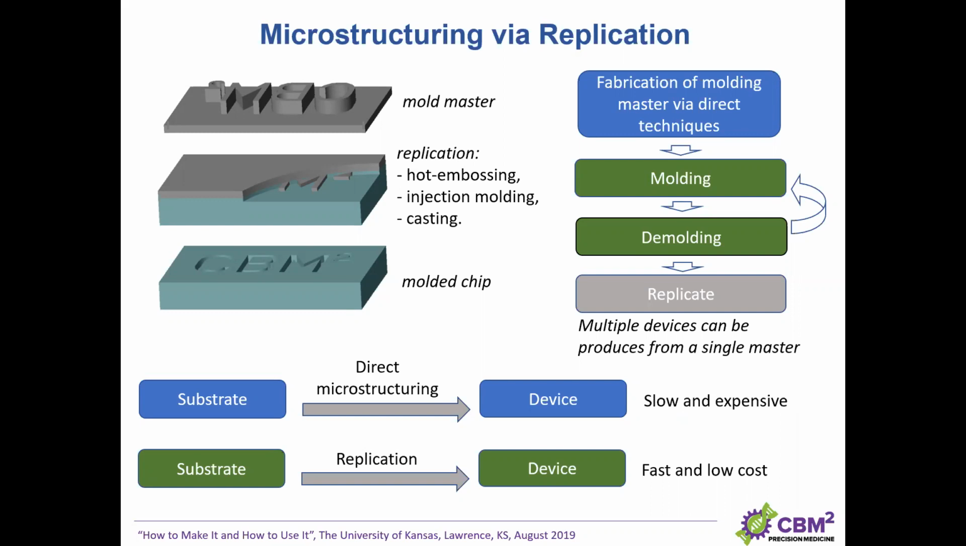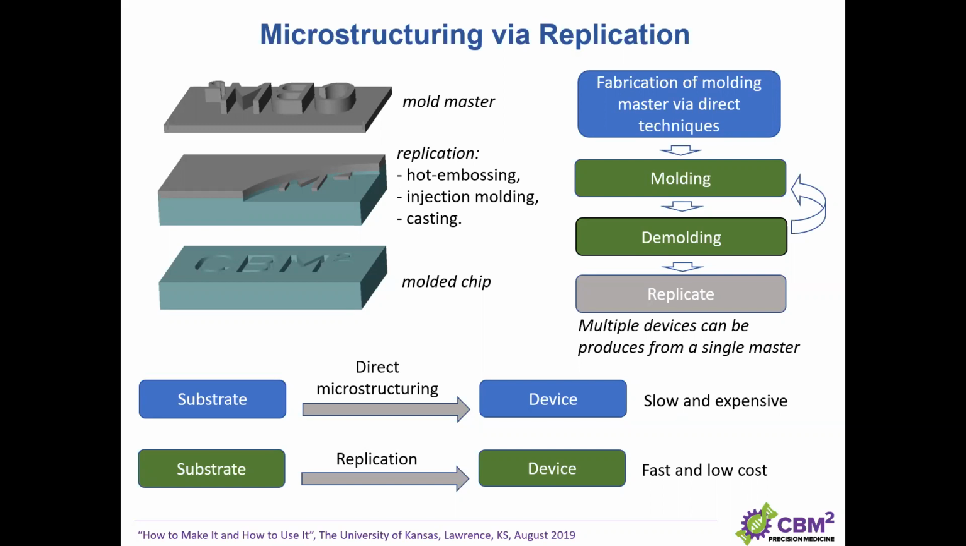The overall process flow for the replication techniques is you have to fabricate some kind of molding master via direct techniques that we just covered earlier today. Then we use those masters to mold, demold, to get our replicate. And in the whole production scheme, we're only repeating these molding, demolding steps. So we can use a single master for multiple, up to even millions of parts per master produced